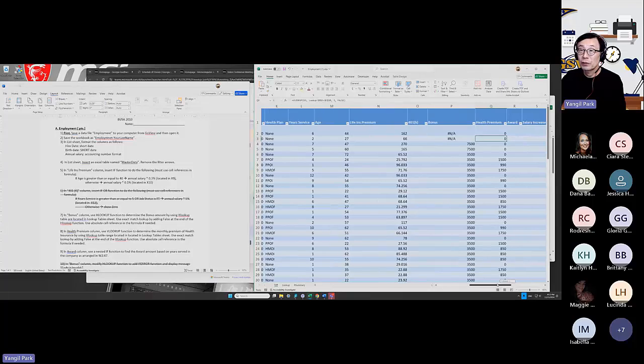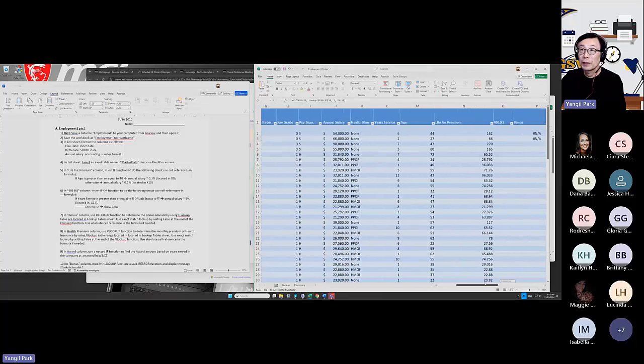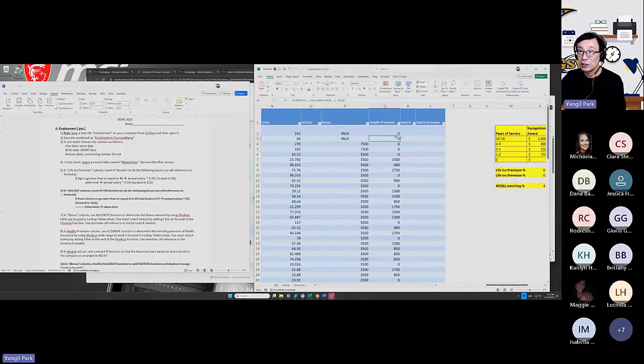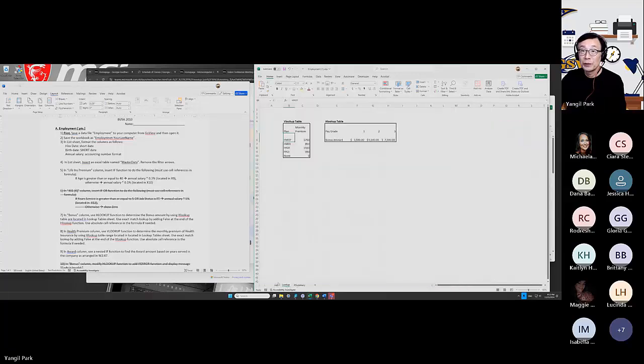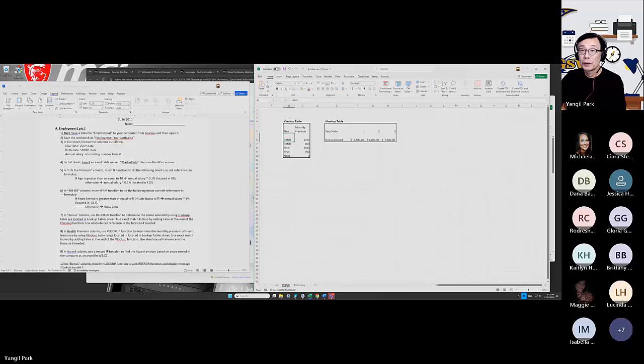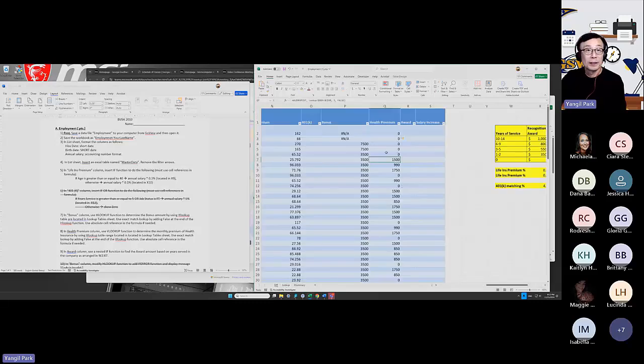Let's make sure it is correct. Yeah, because some of them have none, so it'll show as a 0. Others just return whatever the value is. Okay, looks fine. Next,